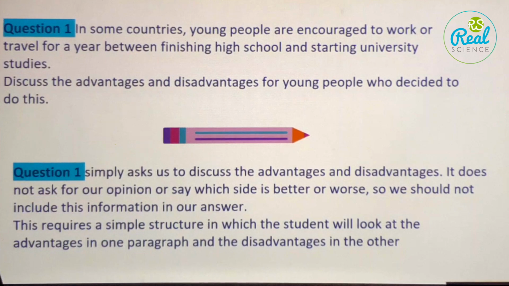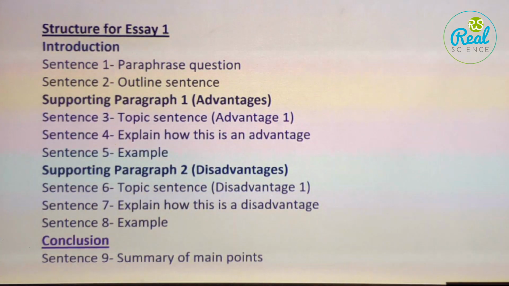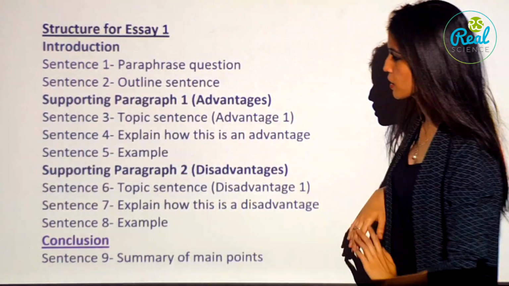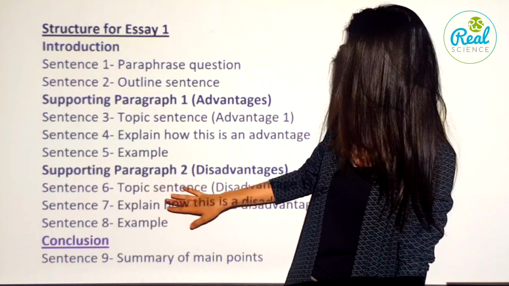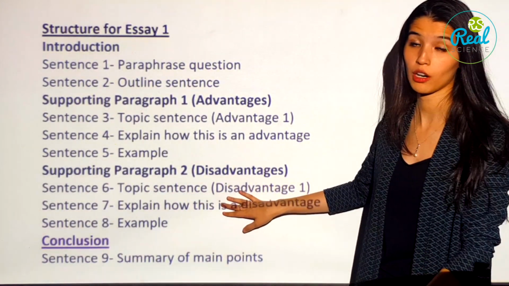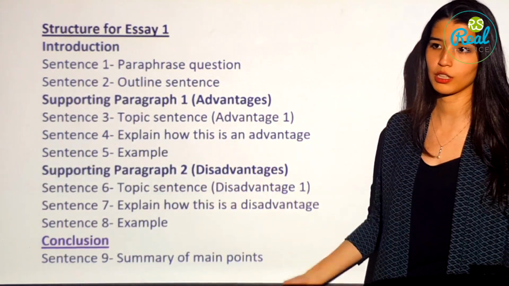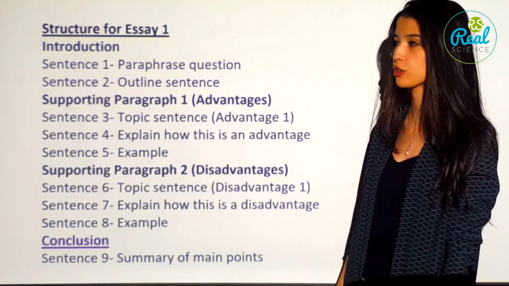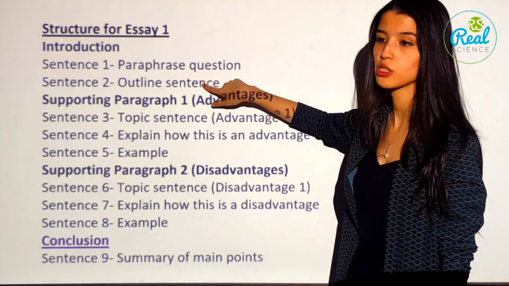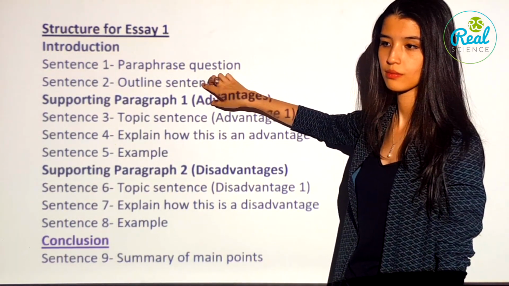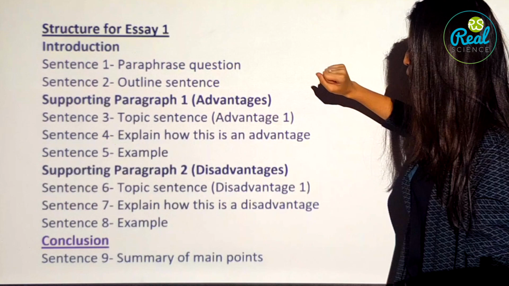But in the next one, so this is the structure for how you have to write and how it should go. As you can see, both paragraphs are balanced. Here I wrote only one argument. You can have more than one argument, and you should, in order to reach the word count. So you paraphrase the question, the outline sentence means what? Thesis statement. Thesis statement, thank you.